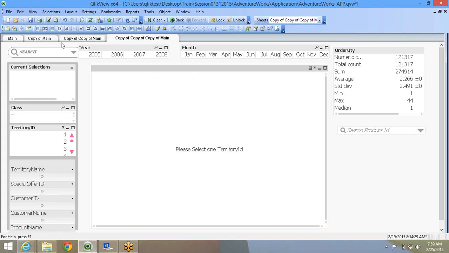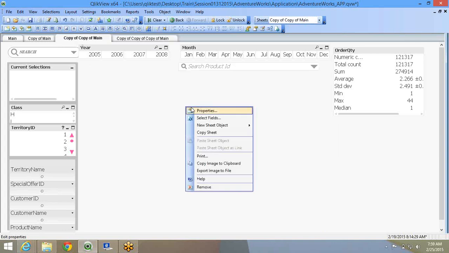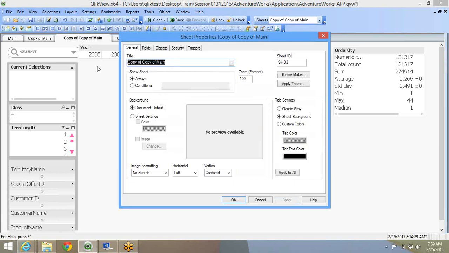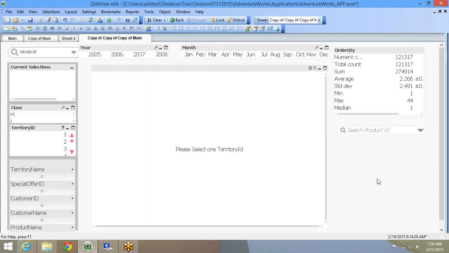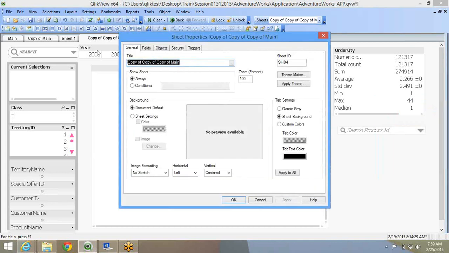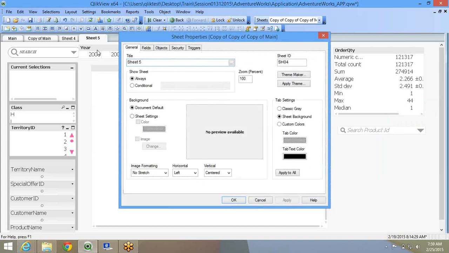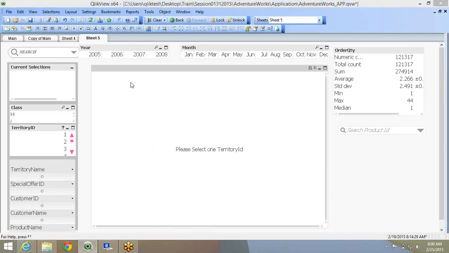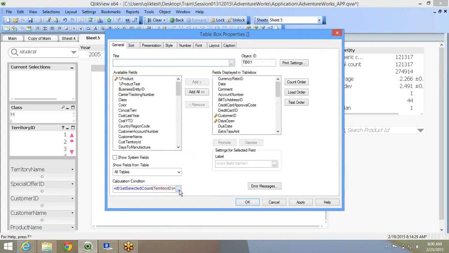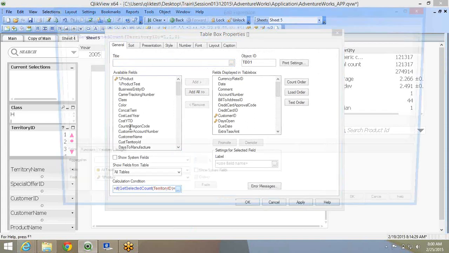I have a question. Yes. So now that's the only one dimension we're talking about. You have to create a much more complicated expression if you want to add more than one dimension in the condition. So you're right, not just by territory ID. It's like the normal if condition.